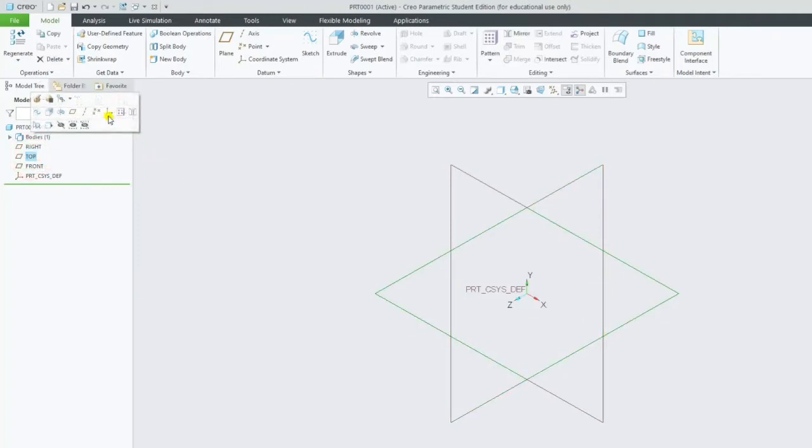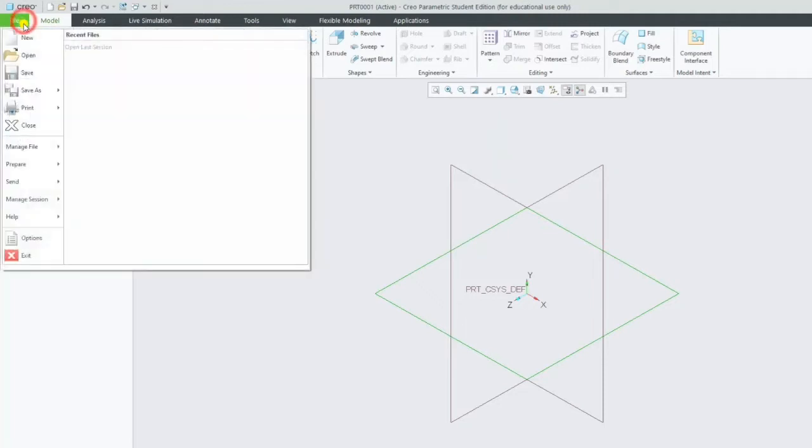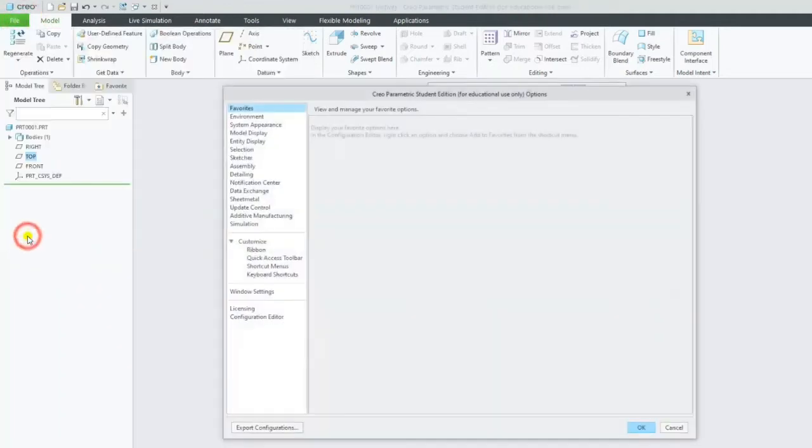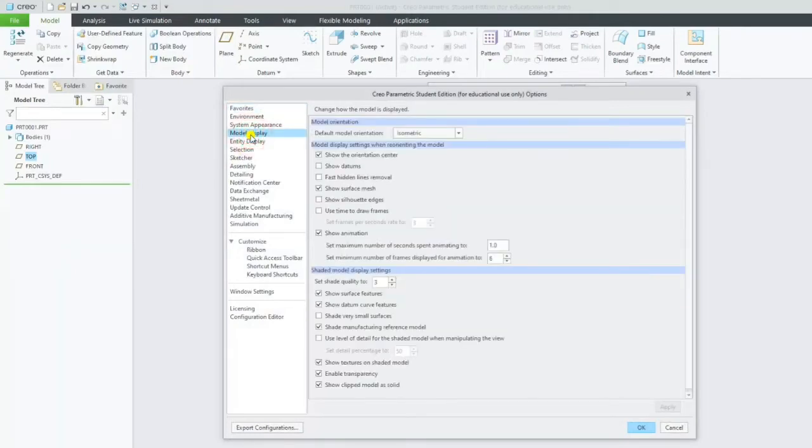Since we are discussing the options, let us go to options first, and we go to model display. Now in the model display, what we have done is kept isometric. The problems whatever we are going to discuss, we are going to make in isometric view only, because all the drawings we have done in engineering drawings have been done only for isometric. So by default we keep isometric views.